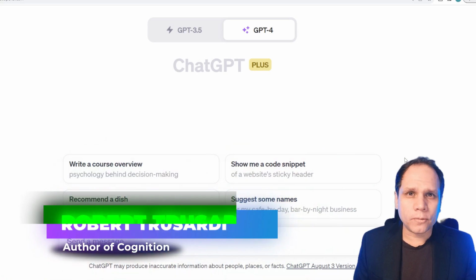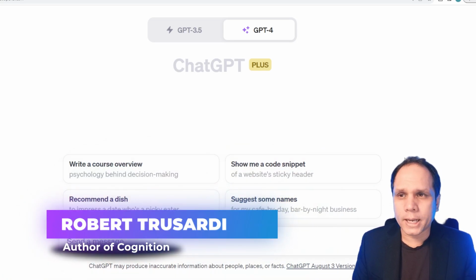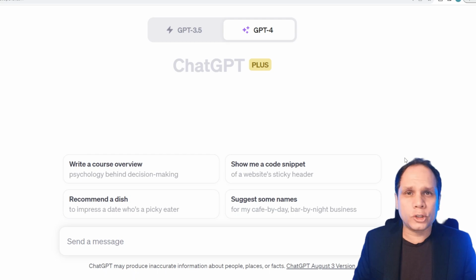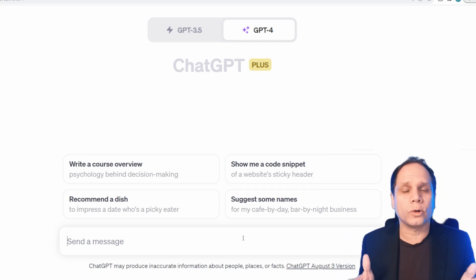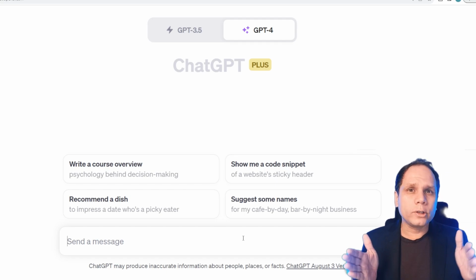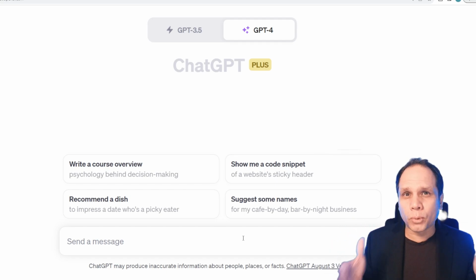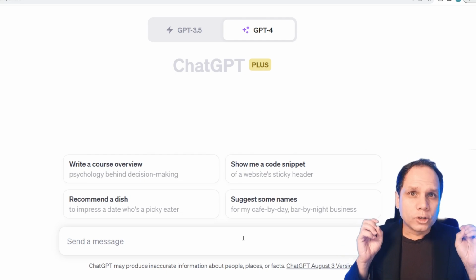So I have opened up a fresh browser with chat.openai.com. This is GPT-4. This is just plain vanilla ChatGPT AI conversation. I don't have any special plugins loaded in, and the reason is because I'm mostly here for ideas. I just want to get some ideas. I don't feel like I need anything quite special for that. Basically, I'm going to start this whole brainstorm out with just one character, and from that one character, we're going to have ChatGPT help us brainstorm an incredible story, some characters, and plot twists.